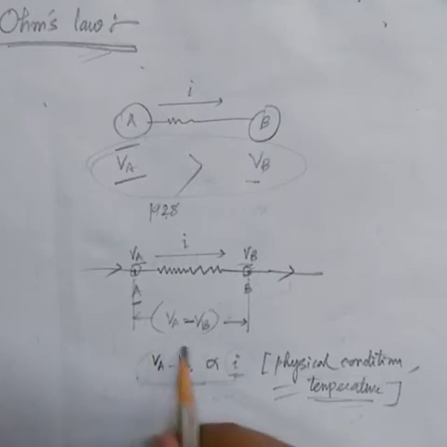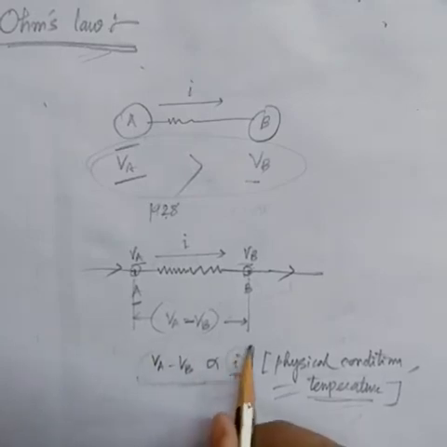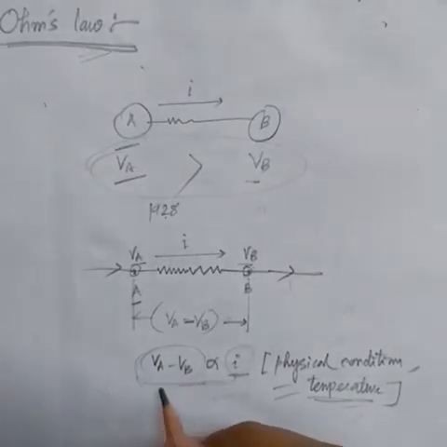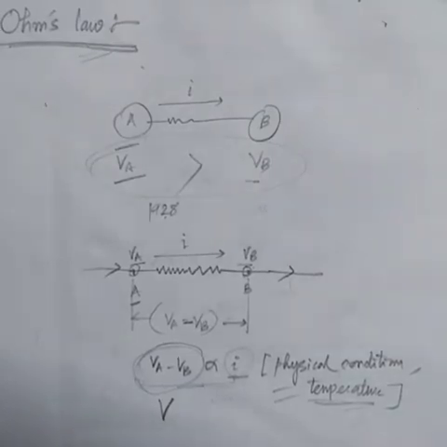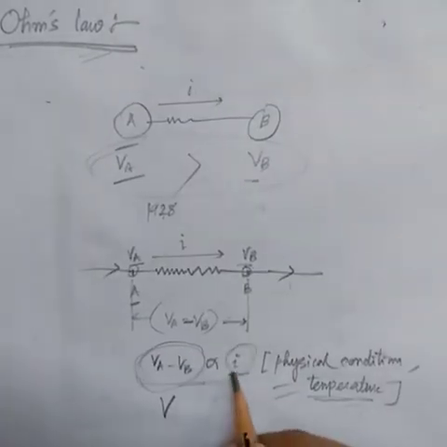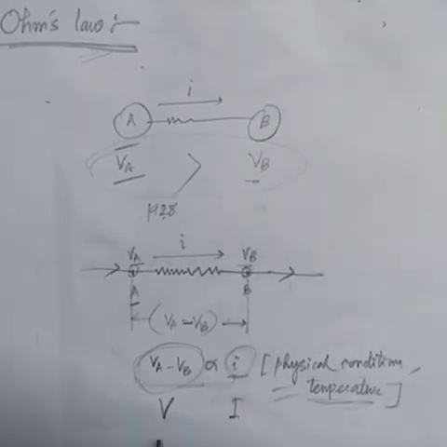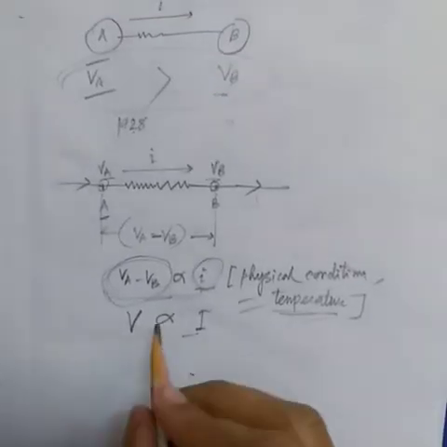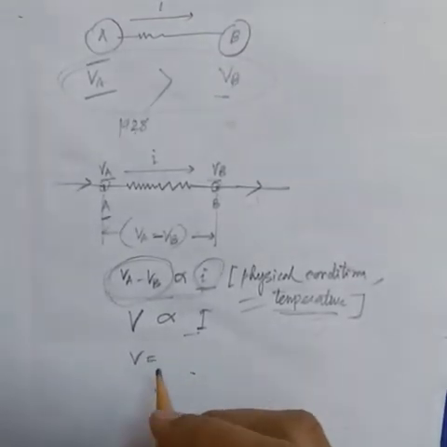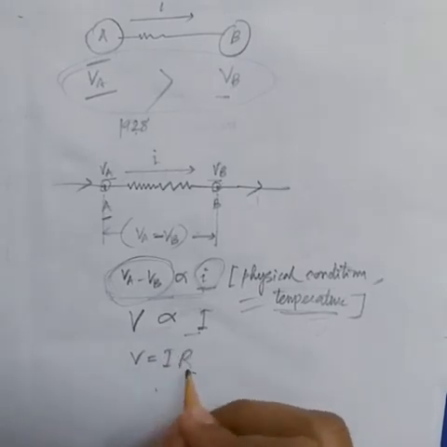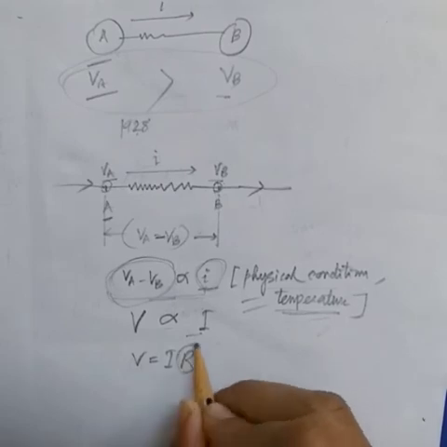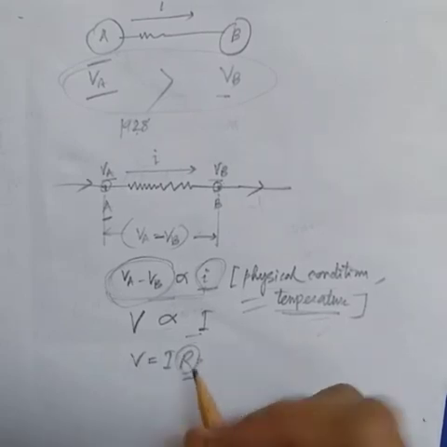So we can say that the current exactly varies as the potential difference between the two points. If we write VA minus VB as capital V, and as it is written in some books, we can write this small i as capital I. In that case, V will vary as I, and therefore to replace this by an equal sign, we have to write a variation constant, which is say R. Now what is this R? This R is nothing but the resistance of the conducting wire.